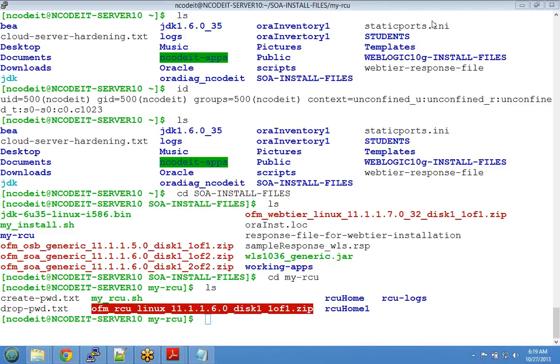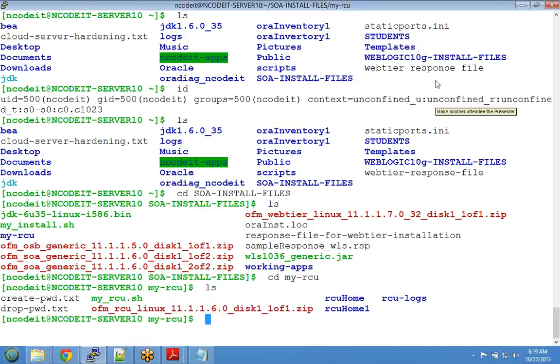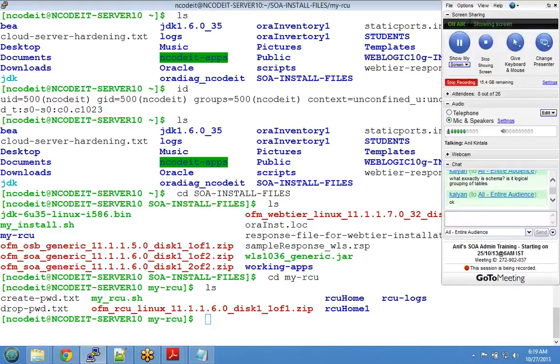The repository creation utility that we're going to use, this one, it creates a large group of tables under 4 different users. So I'm going to explain all those things. So here,